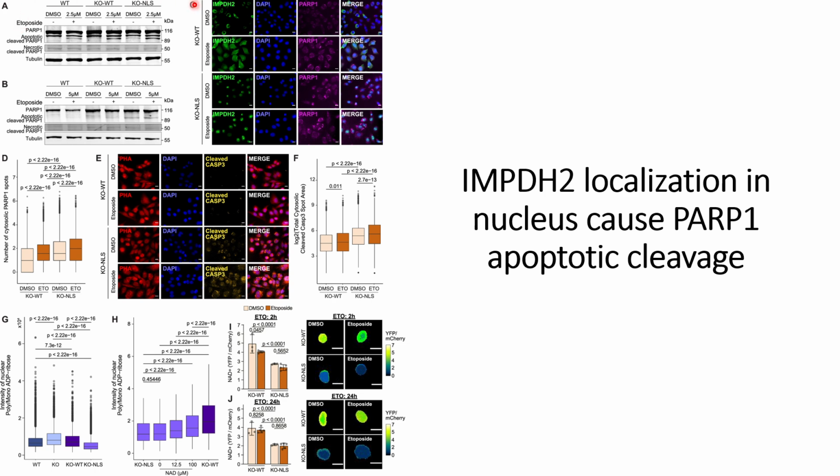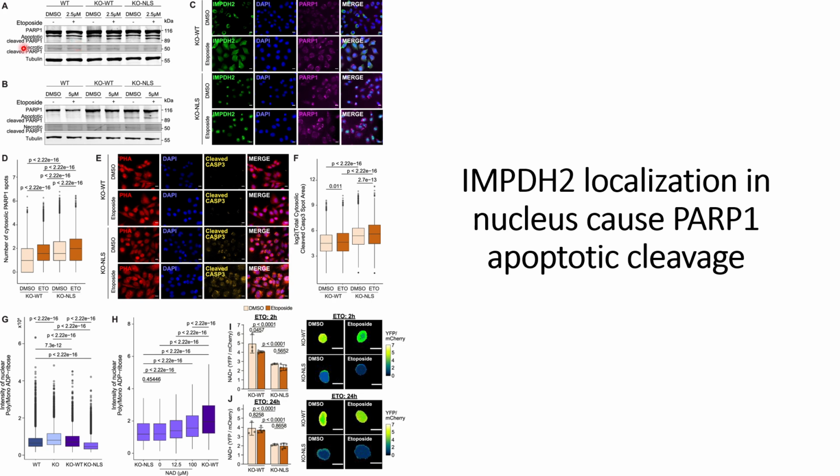So in panel A, what they did is they treated the cells with adipocytes that will cause DNA damage, and then again introduced wild type IMPDH2 in the knockout cells, and in the other case they introduced the modified IMPDH2 which has this NLS sequence. And what they found is that cleaved apoptotic PARP1 signals will rise in the cells which are treated with adipocytes, and these results are done in the cells which are treated with adipocytes and then moved into adipocyte free media for 24 hours,